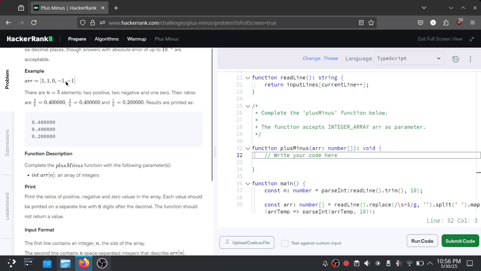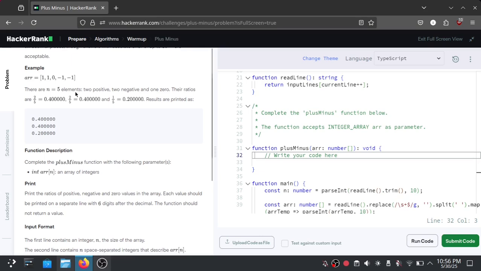For summary, 2/5 of the array is calculated as 0.4000000, and for the negative also 0.4, because we have the -1 and also the -1, 2 out of 5 elements.